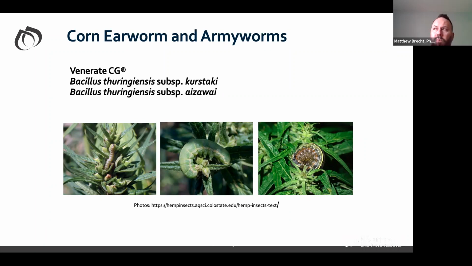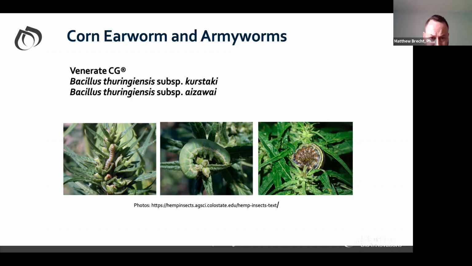And the Venerate will help to degrade the exoskeleton of the caterpillar and makes everything work better together, okay? Now, in that same application, when you do this, you're going to do a combination of Venerate CG, Bacillus kurstaki, Bacillus aizawai, and Stargus. The reason you do Stargus is because you want to get it in at exactly the same timing for Botrytis bud rot control. If you can do those timings, 3 or 4 applications in mid-flower, it really is going to give you the best success for the largest harvest you can have.